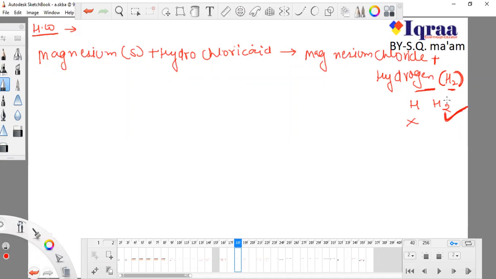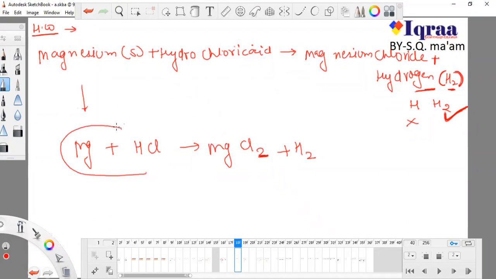So hydrogen, oxygen and nitrogen mean H2, O2 and N2. They are not alone, they are two atoms; they are gases and they are present in bound condition. So I'm making things easier for you. Magnesium will be Mg, hydrochloric acid will be HCl, magnesium chloride will be MgCl2, that is 2, and that is hydrogen. Now how did this 2 come? This is by chemical formula. How is the chemical formula obtained? I will tell you this tomorrow, whenever we take our next class. Just solve this and balance this and send it to me tomorrow. So tomorrow we are not having our class, we will have our holiday.